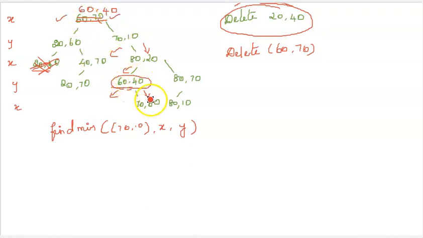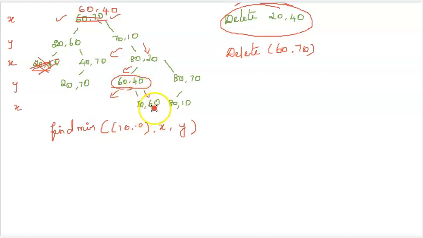Okay. So after adding, I need to delete this 60 40, right? So 60 40 needs to be deleted. So hence I have to search for 60 40 again. So 60 40 is searched from this position. So I'll be having here 60 40. Here it is not found, but here I have found. Okay, so the same process of deletion works out. I'll be finding whether I have a right.